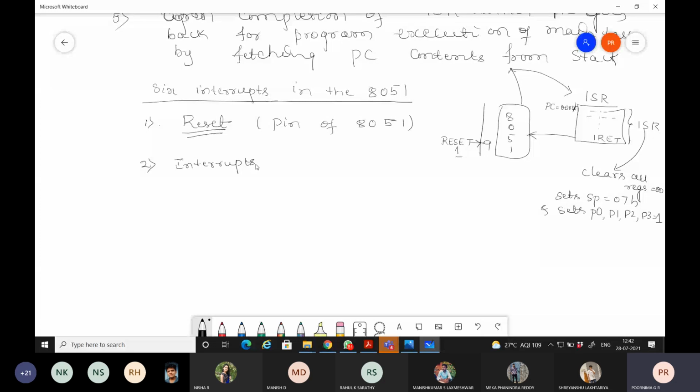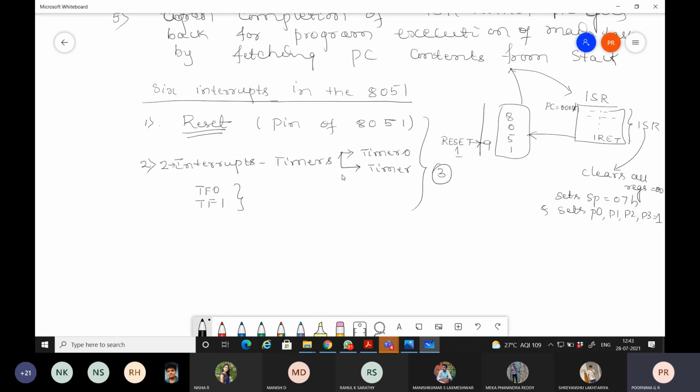Okay, so two interrupts for timers. Which are those two interrupts? One for timer 0 and the other for timer 1. Which are these interrupts? For timer 0, TF0, and for timer 1 it is TF1. These are the two interrupts, so in total we have seen three interrupts at this point.